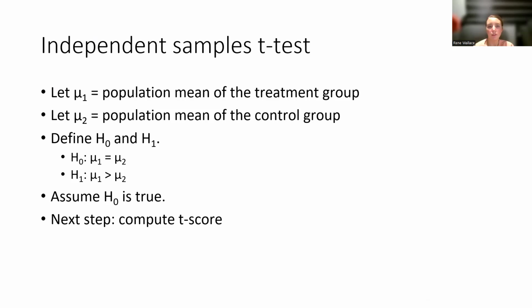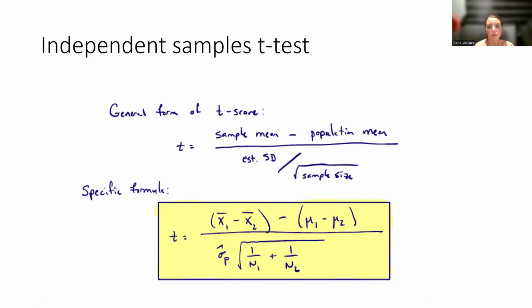Now we got to compute the t-score. The general form of the t-score is t equals sample mean minus population mean divided by estimated standard error divided by the square root of sample size. So specifically, that looks like this down here, broken down, right? T equals x bar 1 minus x bar 2 minus mu1 minus mu2 divided by